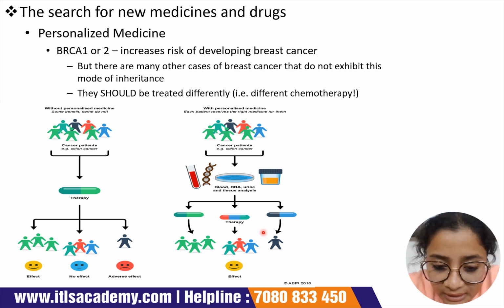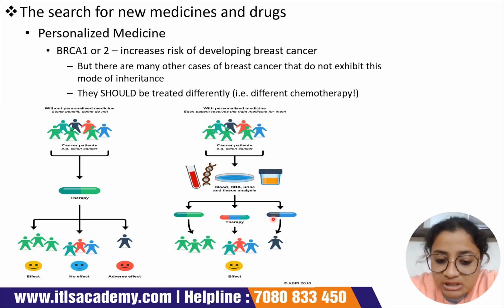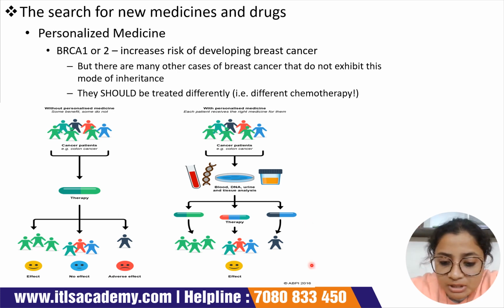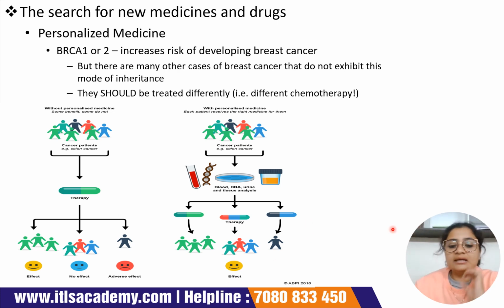In this case, what we are doing is isolating the DNA, isolating the gene, and then studying the gene. On the basis of the gene study, we give different drugs. To these three people who have shown a good response, we are giving the same drug. But for this bunch of people who have shown no effect, neither good nor bad, we have come up with a different type of drug. See, now they are having a good effect. And for this patient who had an adverse effect, we are again modifying the drug and giving something else.